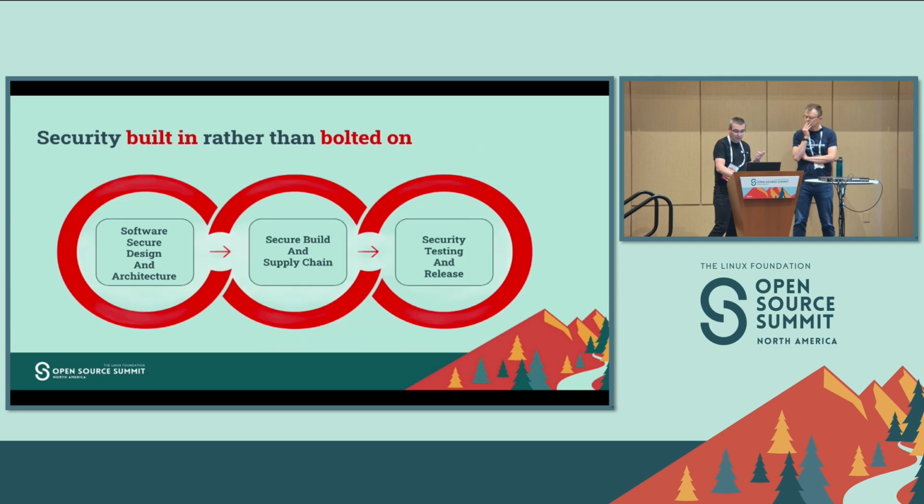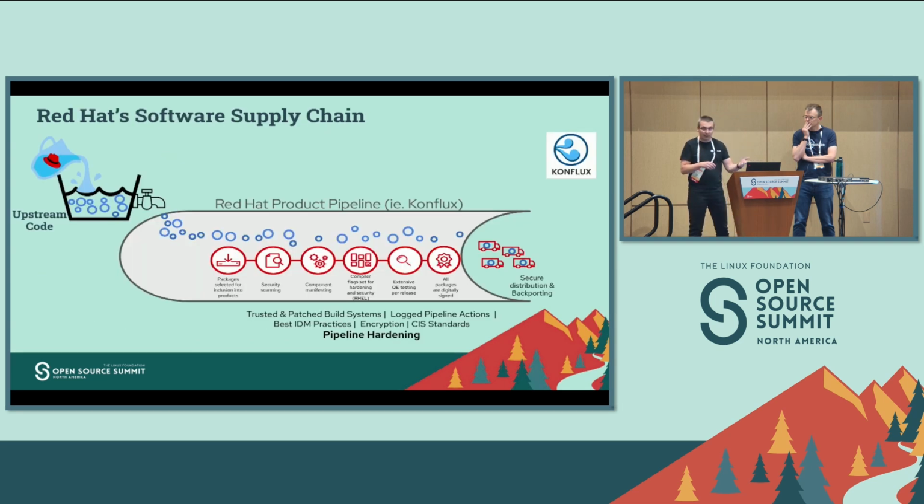Now let's take a look at how it's done in the Red Hat supply chain. Here is a diagram where we see how the upstream code goes to the Red Hat pipeline, where directly in the pipeline itself, we scan it, test it, and generate necessary attestation data. At the end, we sign the content and deliver it securely to our customers,